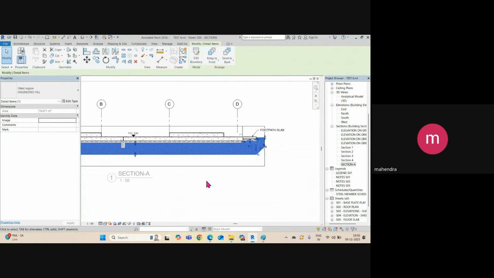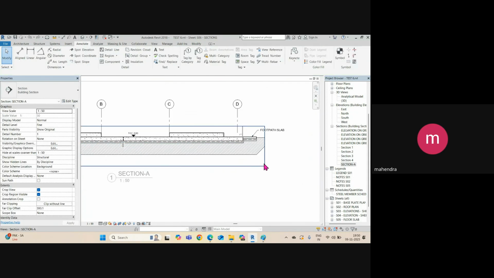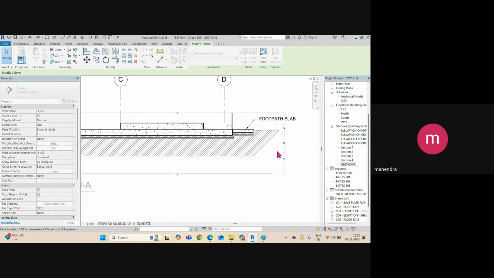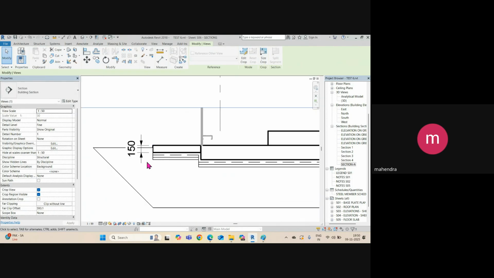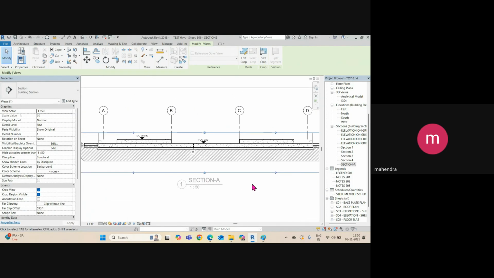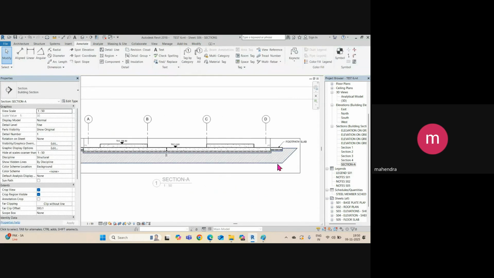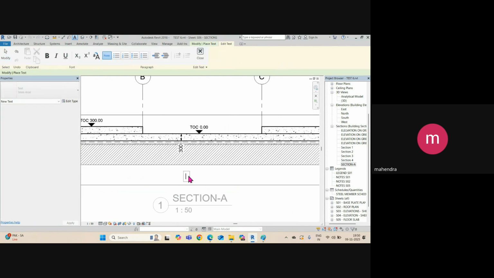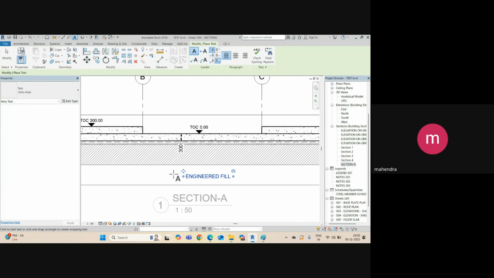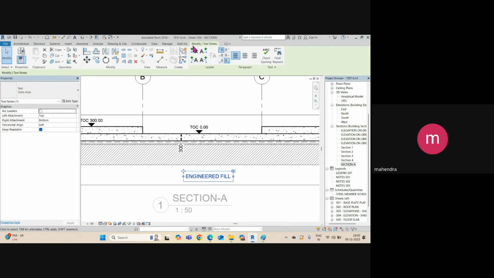So you can see we have shown this engineered fill. Oops, I have selected wrong. Okay, so you can see, right? Then you can give the name engineered fill. Right click and say here, if you have a material name, you can give it, otherwise you can give the engineered fill only. So the engineer will decide which type of material we need to add, right? So, and then you can give the